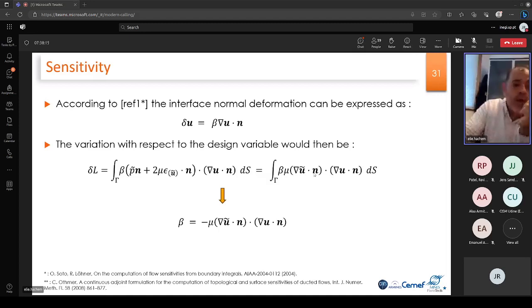And one way to make the gradient go linearly to 0 is to set beta equal to minus the gradient of u in respect to n times the gradient of u tilde in respect to n. So by doing that, I expressed why beta is related to this term, and this beta now is going to be used at the interface